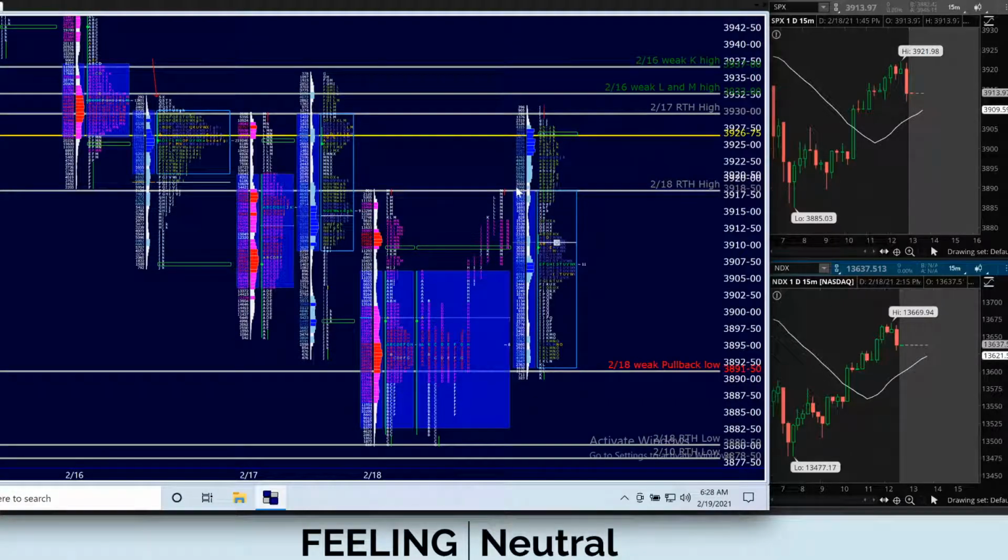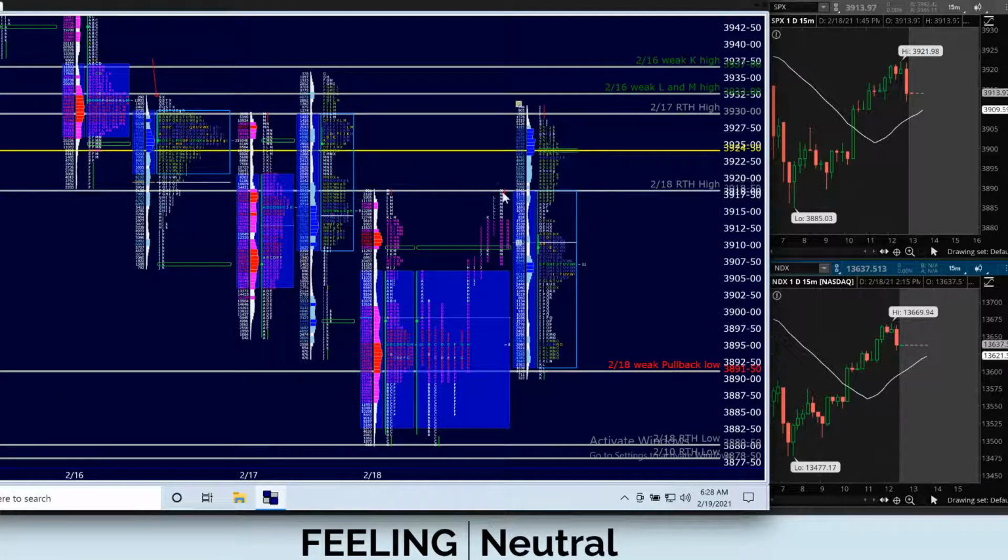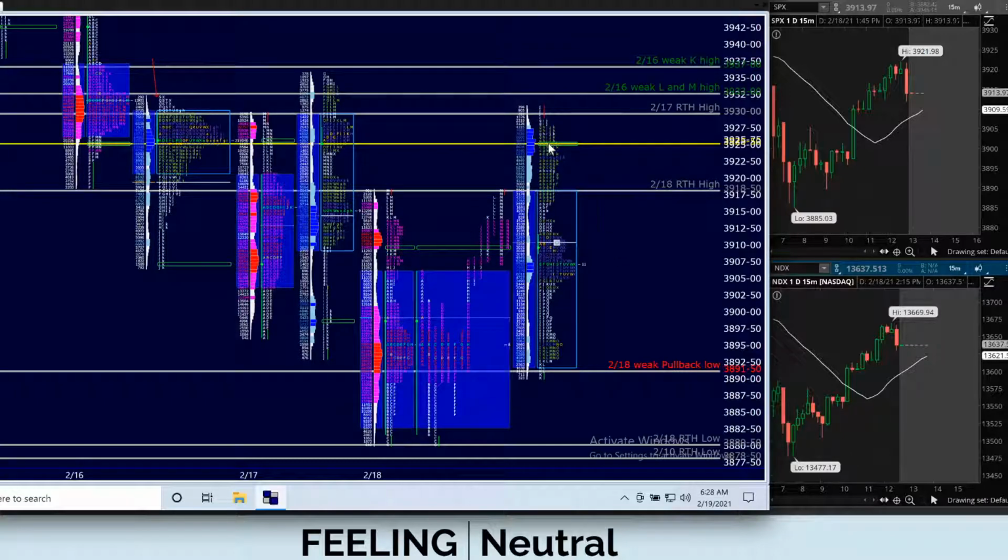So then we talk about the gap. There's going to be a gap higher. The gap fill would be from wherever we open down to the high of yesterday, which was 39.1850. Okay, so geez, it looks like it wants to do it right now, right before the market opens. So yeah, that's the first thing that you're looking at.